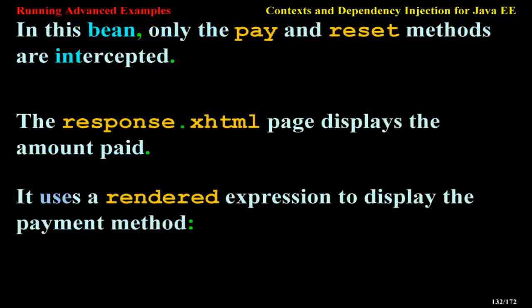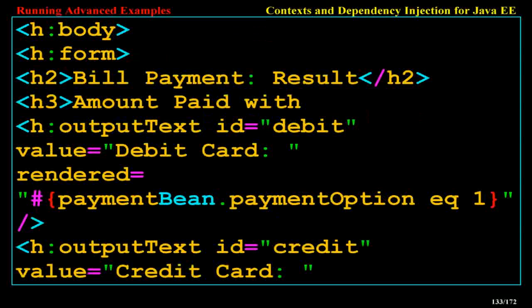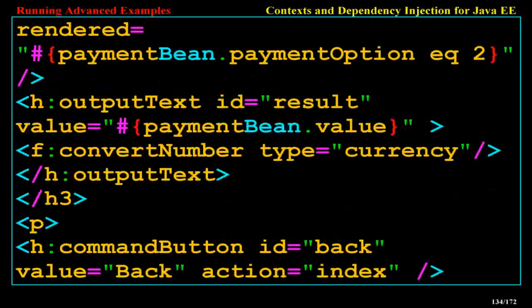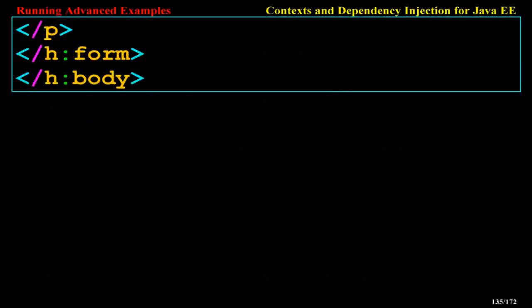It uses a rendered expression to display the payment method. <h:body> <h:form> <h2>Bill Payment Result</h2> <h3>Amount paid with <h:outputText id="debit" value="Debit Card" rendered="#{paymentBean.paymentOption eq 1}" /> <h:outputText id="credit" value="Credit Card" rendered="#{paymentBean.paymentOption eq 2}" /> <h:outputText id="result" value="#{paymentBean.value}"> <f:convertNumber type="currency" /> </h:outputText></h3> <p><h:commandButton id="back" value="Back" action="index" /></p> </h:form> </h:body>